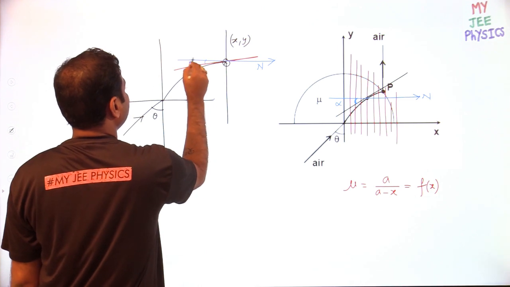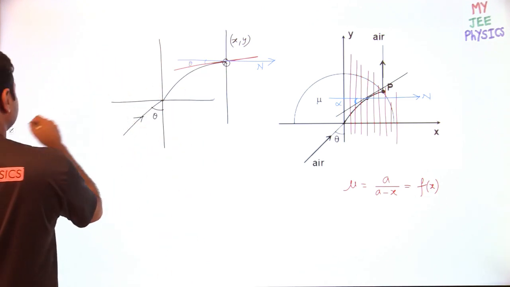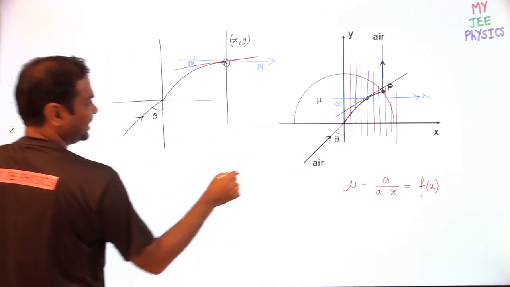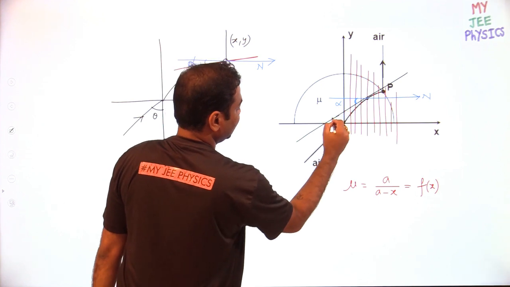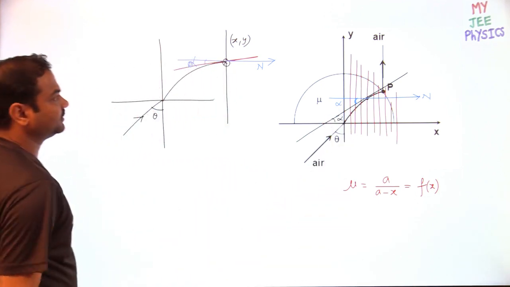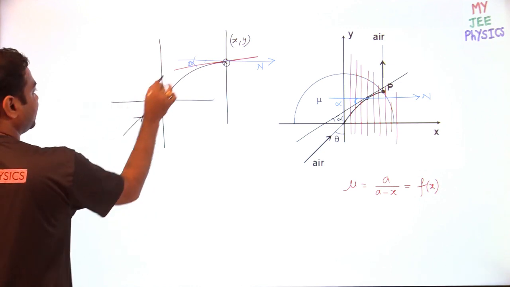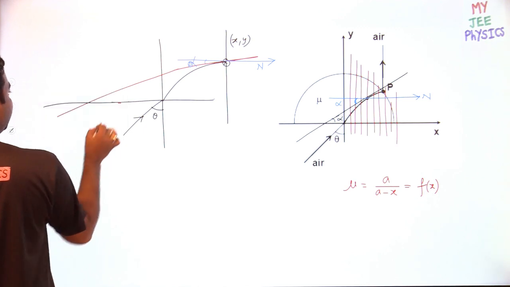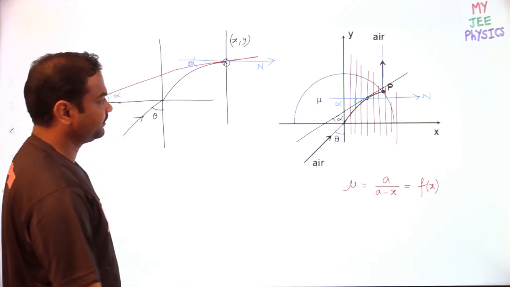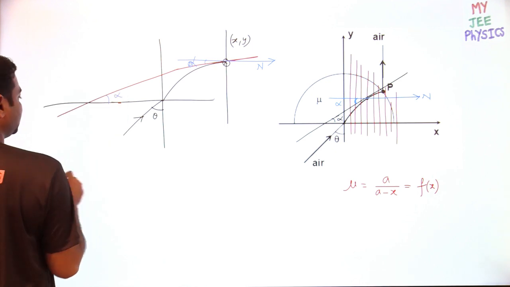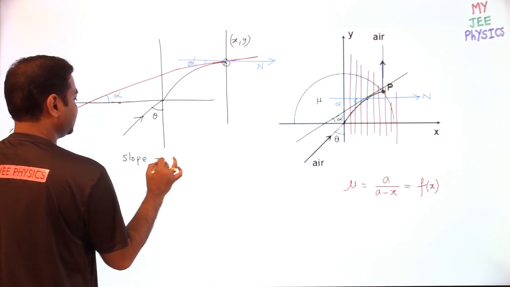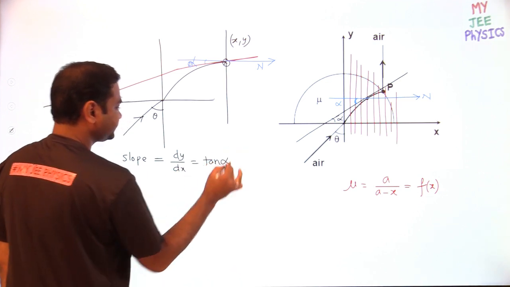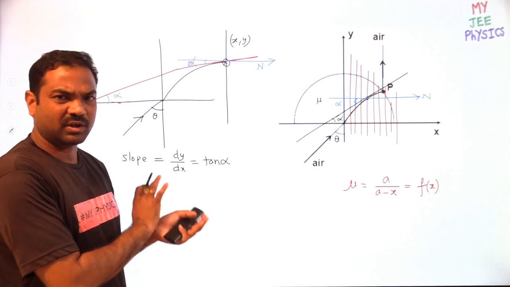Then this angle will be theta. That angle we are taking as alpha. I have taken here alpha. So if I extend this tangent, what angle will it make with the horizontal? Alpha only, it will make alpha with the horizontal. So imagine like this. So this angle should be alpha. Hope you understood this. So then what is the slope value? Slope is equal to dy by dx, which is equal to tan alpha. That is the slope. It's normal mathematics.